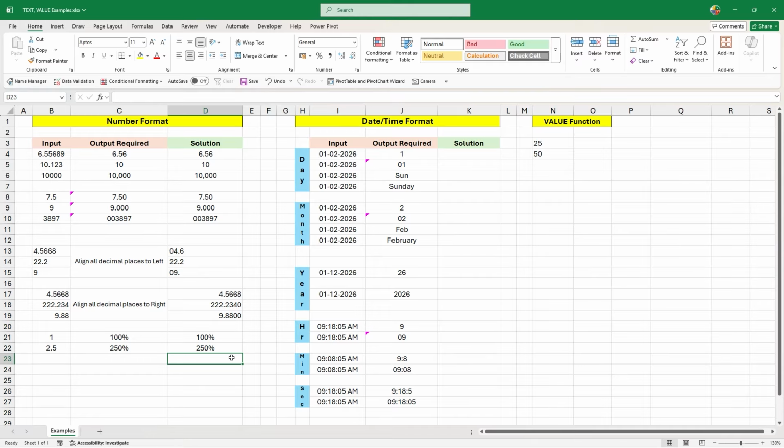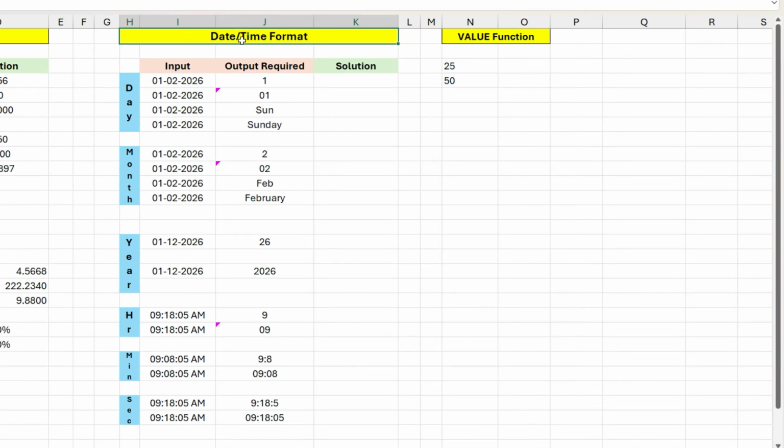Next, let's see some examples of date and time formatting, and they are very easy to understand. The first example is to get the day when the input is a date, and let's see how to get the day without leading zeros, with leading zeros, with short name, and with long name. Let's add the TEXT function. Select cell I4 as input to the value argument, and our format code will be a single letter D to get the output without leading zeros. Drag this formula to other values, and then let's change the format code to double D,